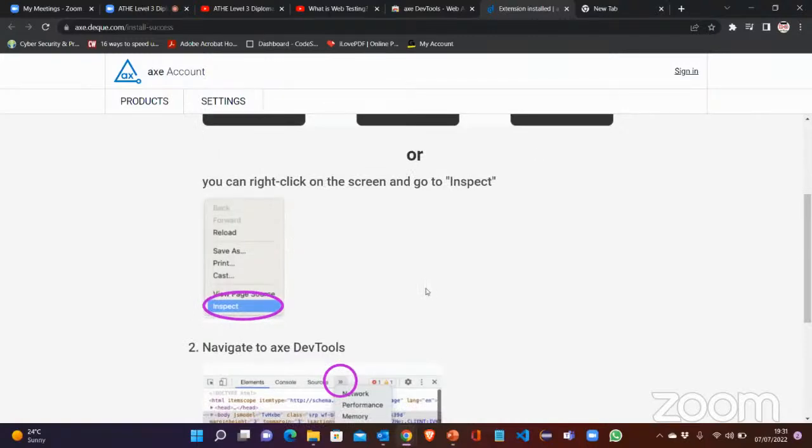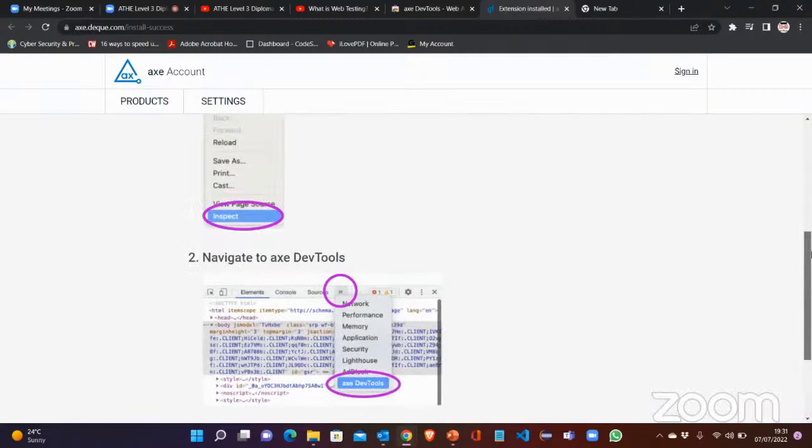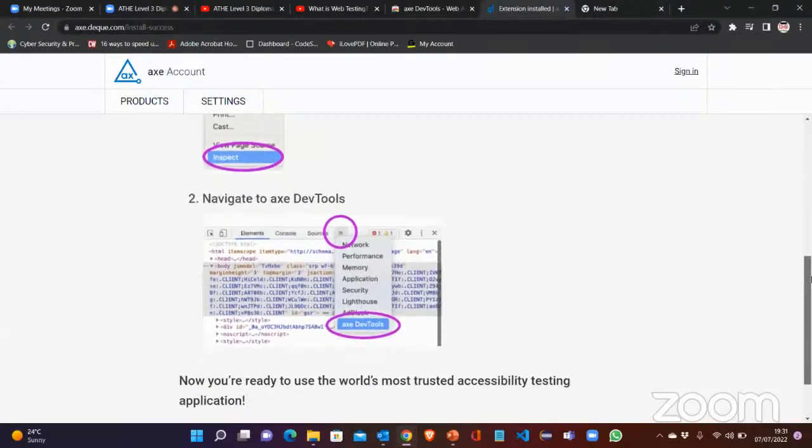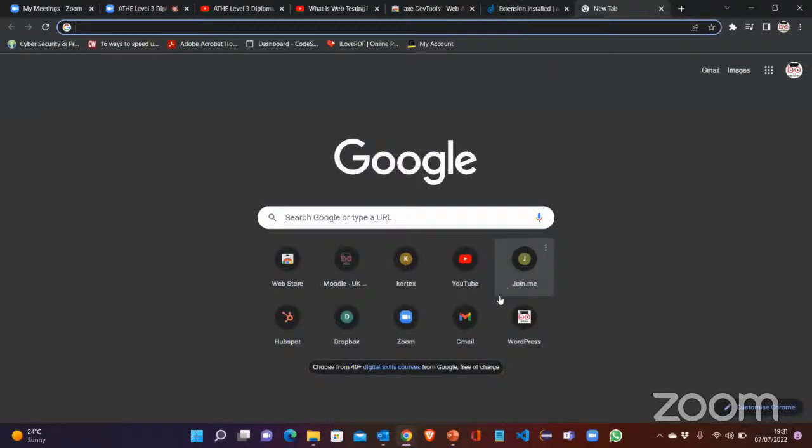Oh yeah, so this is an alternative way. So navigate to AXE DevTools, and then we have to follow this step. So let's, for example, take any website. So what website could we use? Let's go, for example, in